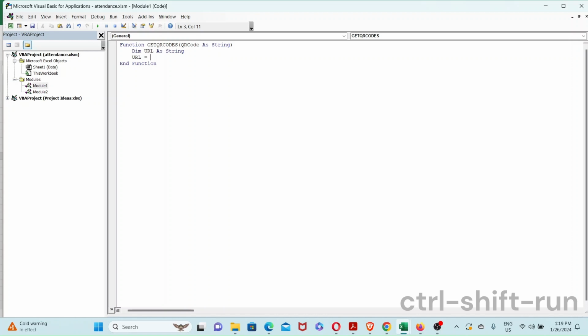So it will be the Google APIs URL, which is over at https://chart.googleapis.com/chart, and then you want to pass in some parameters. So this would be the size of the QR code image. So chs=100x100,